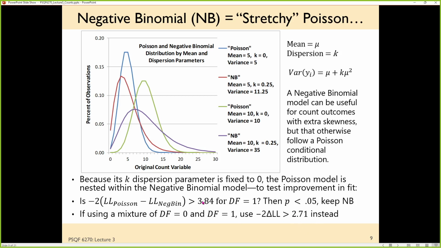If you say, screw it, I don't want to learn this and just use 3.84, then you're going to be overly conservative in those borderline cases. I can live with that. So this will show up again in multi-level modeling when we're testing whether or not we need a random component. We're supposed to be using mixture chi-squares for that type of test, and it's a difference like tiny, tiny percent of the time.